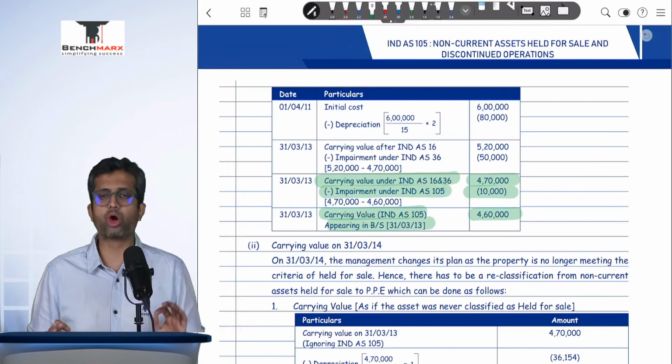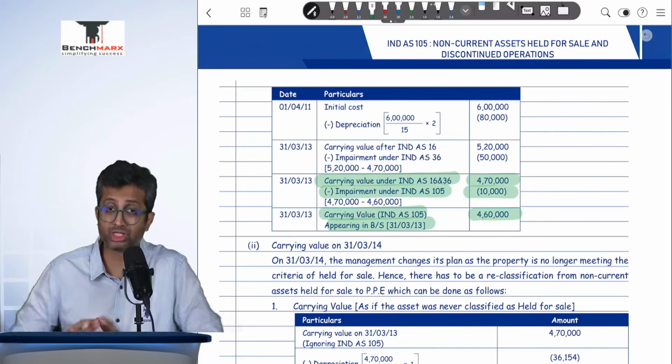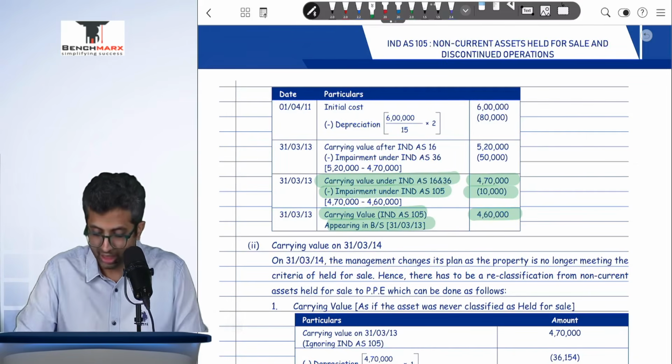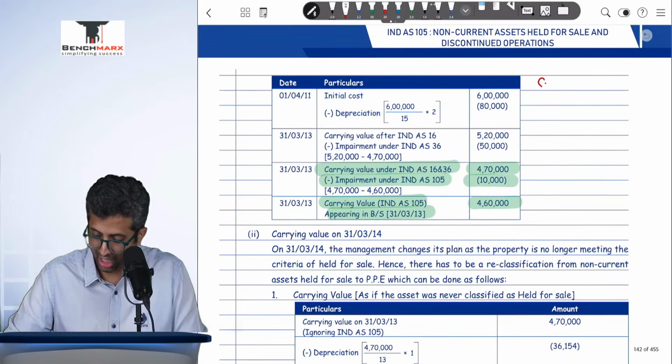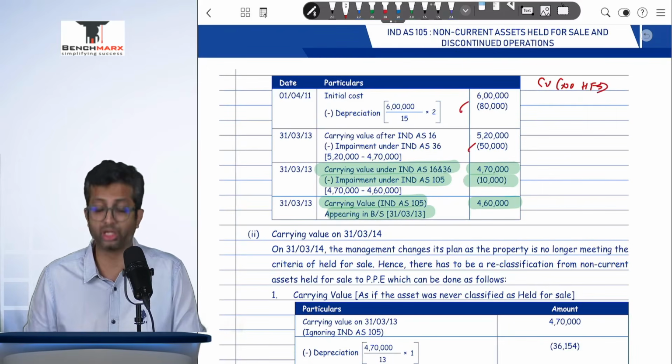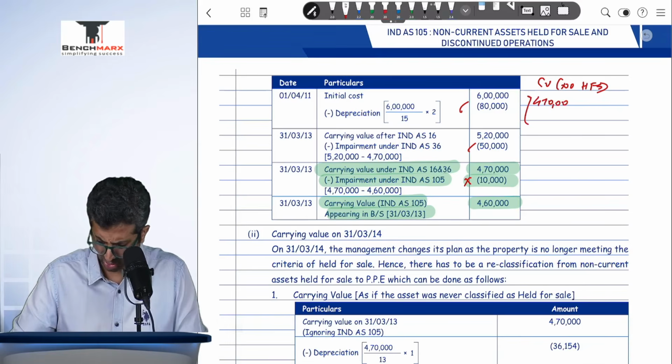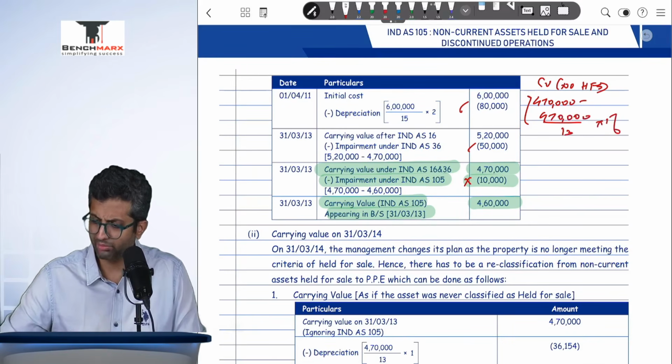Now going forward, till the time it is classified as held for sale, actually there will be no depreciation. However, on 31st March 14, you decide to reclassify it. If you decide to reclassify it, you will compare the carrying value had there been no held for sale classification. Now, had there been no held for sale classification, you will still depreciate. You will still impair under 36, but you will not have this 10,000 write-off. So over here, you would say 4,70,000 minus 4,70,000 divided by the remaining 13 years into 1 year would have gone by, and hence this will be